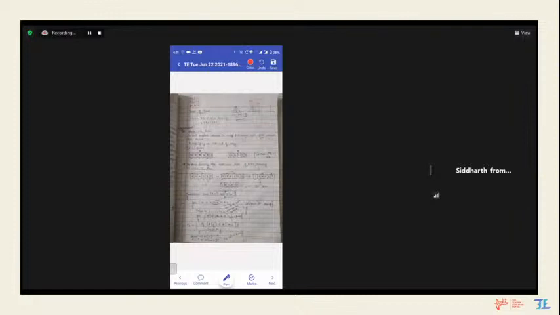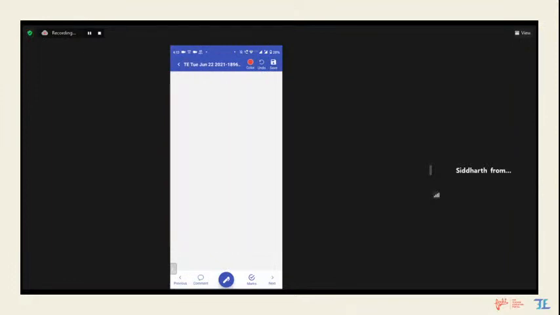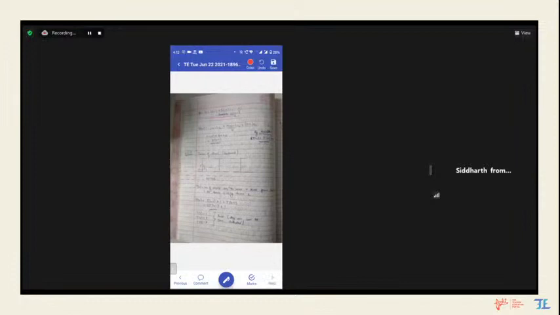Now assume as a teacher I want to do marking. I will enable my pen tool and I can annotate it just like I do it. I can underline, I can encircle things, I can put a tick, I can put a cross, I can use it as a pen tool, right? So it makes it really simple for a teacher to go through the assignments that students have shared, go through the exam copies that students have shared, and do the whole checking process, right?